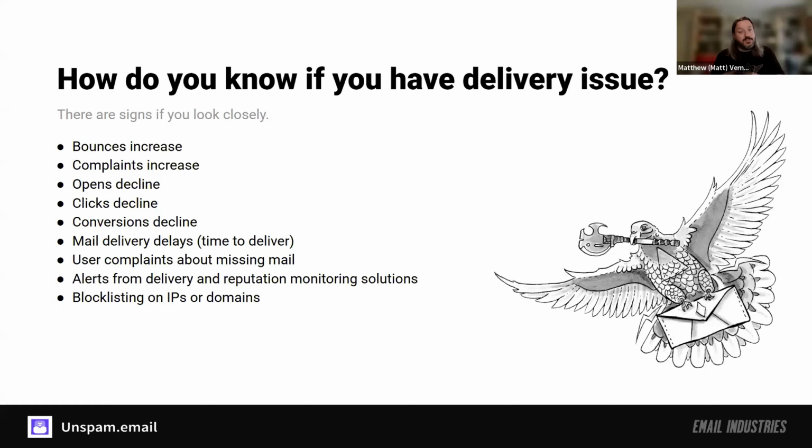Or maybe you're one of those brands that customers call to say, I'm not getting your email anymore. What happened? It actually happens. There are customers that can call to say, I'm not getting your email because they expect it. And that's actually something you want. You want customers to reply or call and say, why am I no longer getting email? These are the types of things that are early warning systems that your reputation has shifted and your delivery is about to get significantly harder.